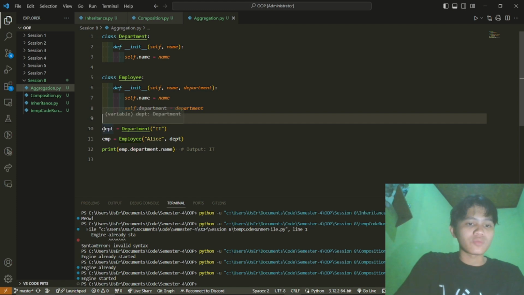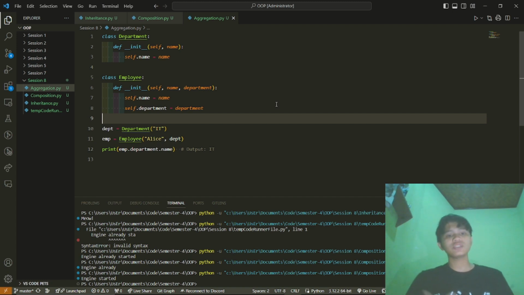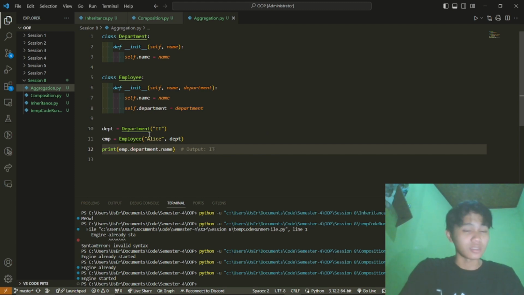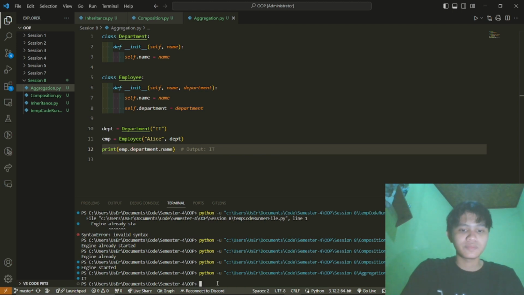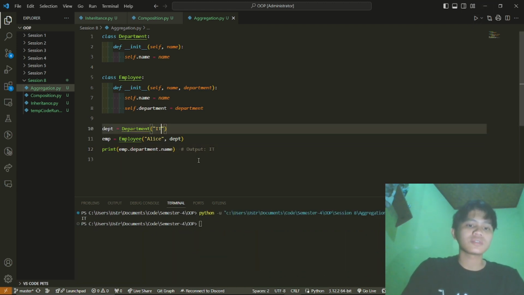So when we declare a variable which is dep or department, and it has the department and IT, and we have another emp which is employee, with its department, and we try to print employee.department.name, the output is IT, because the department Alice is working in is IT. Boom. Yep. Great. Right. But when we change it to, like we said, management,